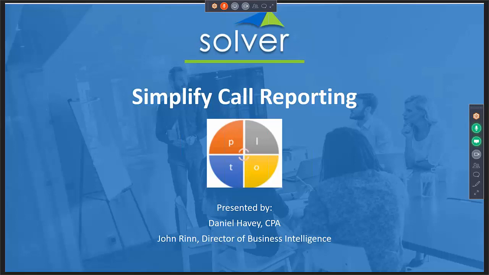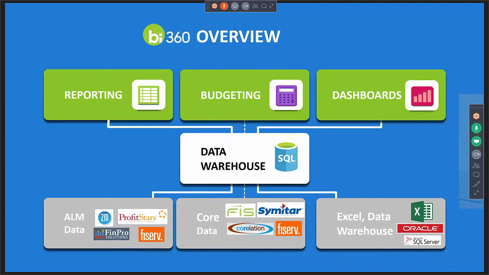using BI 360. BI 360, a real quick overview, starts with a data warehouse right there in the center, and it can collect data from virtually any data source. It's data agnostic. BI 360 has its own reporting and budgeting and dashboard pieces that all interact directly with that